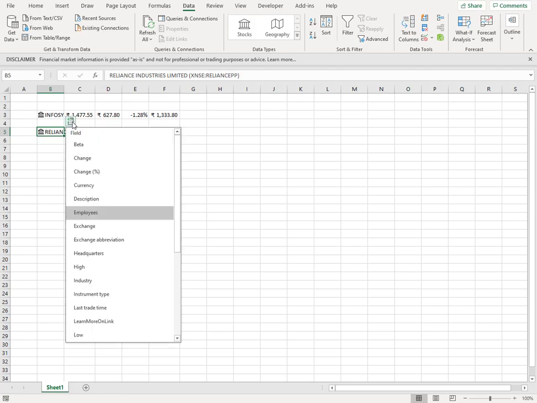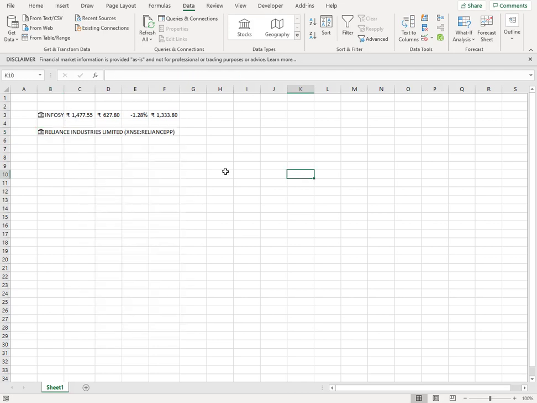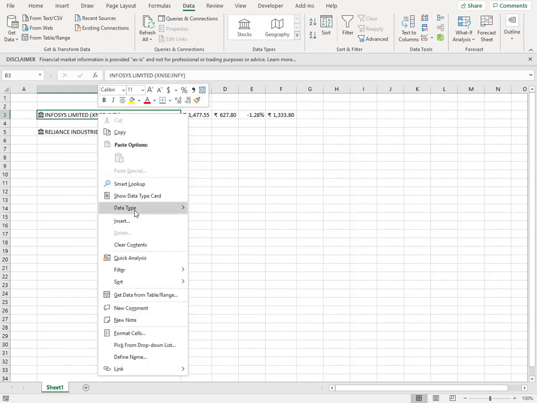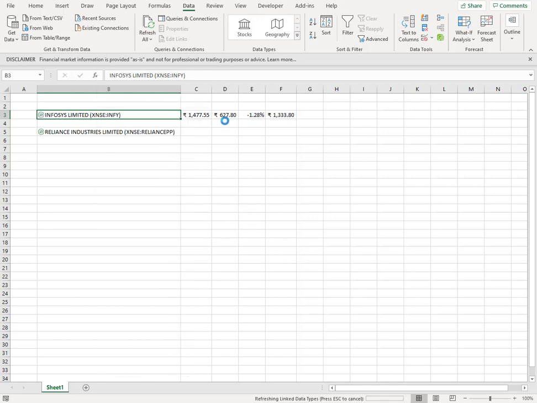And then I again get this menu, and I can choose whatever I wish to choose, and I'll get the particular values. So once your stock is selected, you can update this data as well. To do that, you have to select the stock, this field, do a right click, go to the Data Type and click on Refresh. Based on whatever values are there presently in the market, this will be updated. And if you have performed any calculations here, these will be updated depending on the value changes here. So that is the way you can maintain a list of your stocks in Excel, and you can also get the direct real-time values from the market.